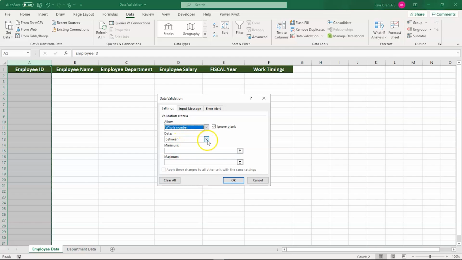And now here you can see the options of between, not equal to, not between, greater than, less than, etc. So let us select between, and let us assume that your employee ID has 5 numbers and it should be between 10,000 to 11,000. So let us provide 10,000 and 11,000.